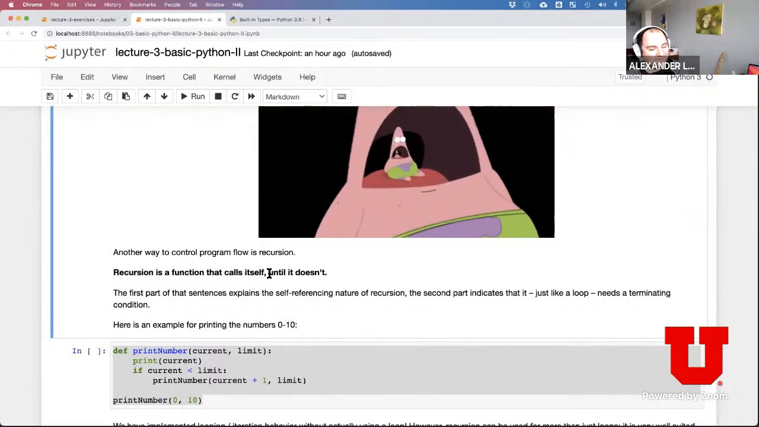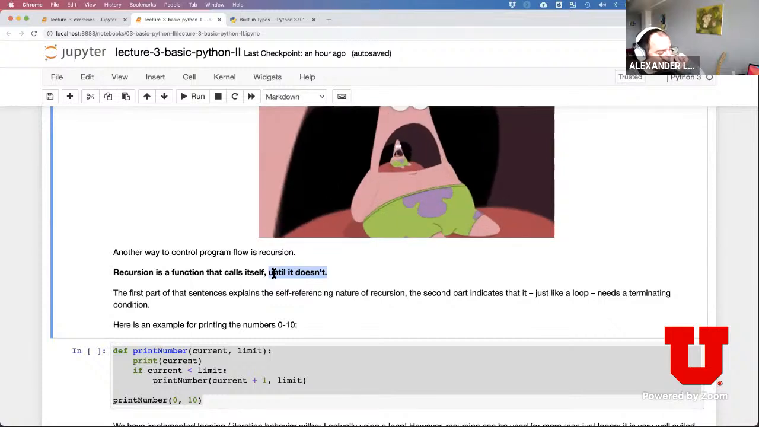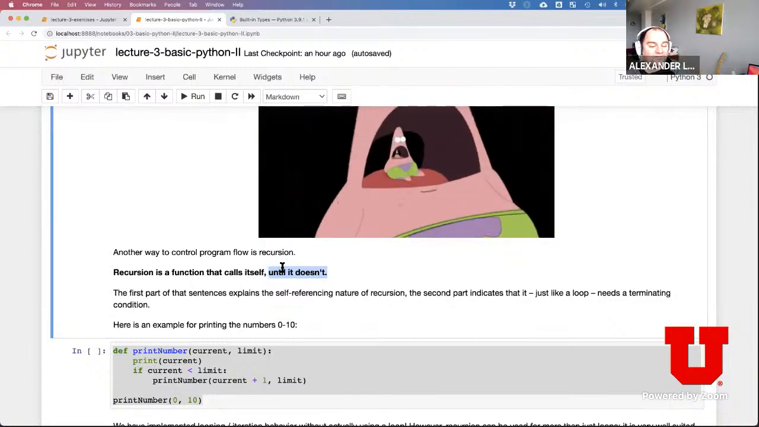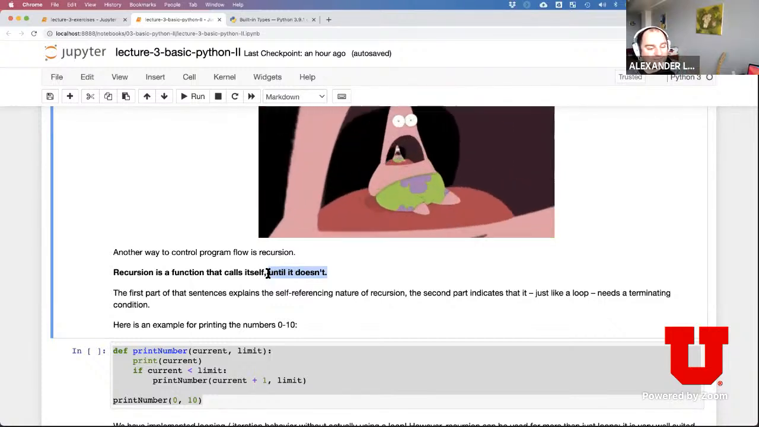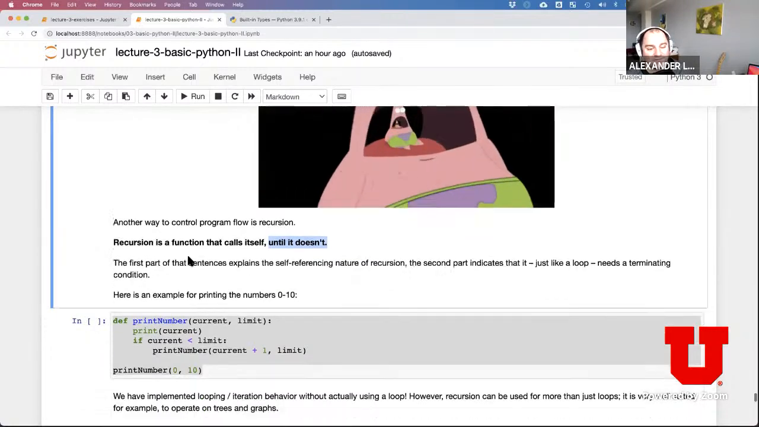And by "until it doesn't", this is where we have our terminating condition, right? You can think of this like a condition for a while loop that we terminate; we will have to use something similar for a recursive function. So